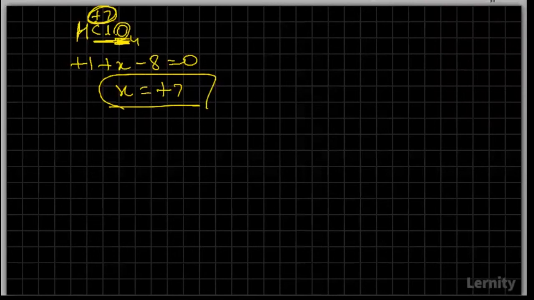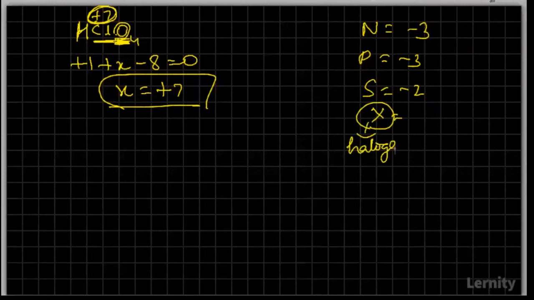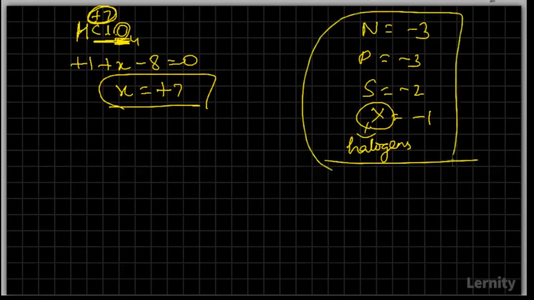I just now told you that a few elements, let me write here: nitrogen has -3, phosphorus has -3, sulfur has -2, and halogens, which I'm showing in terms of X, have -1. These were the most common oxidation numbers we got whenever I talked about binary compounds along with hydrogen or metal. But now, is it not contradicting with whatever is being told? Can you give me an explanation for this?